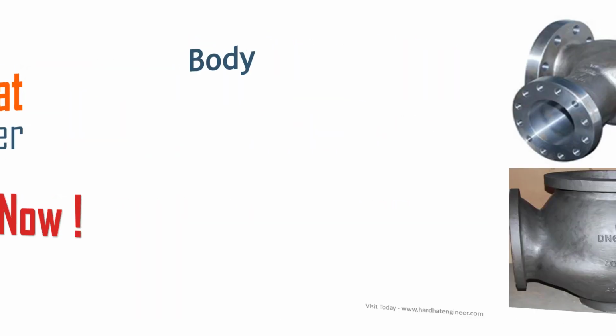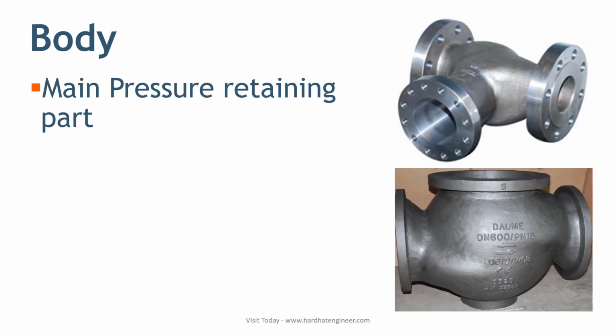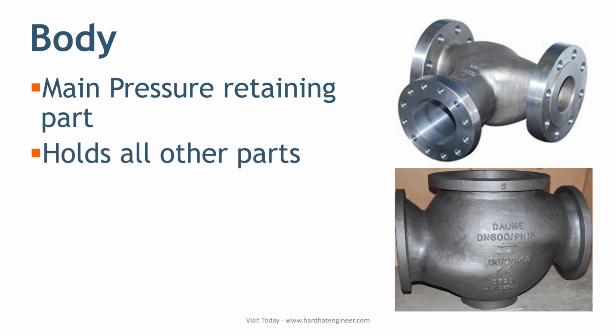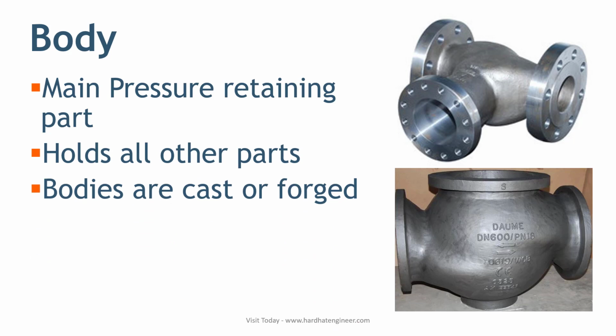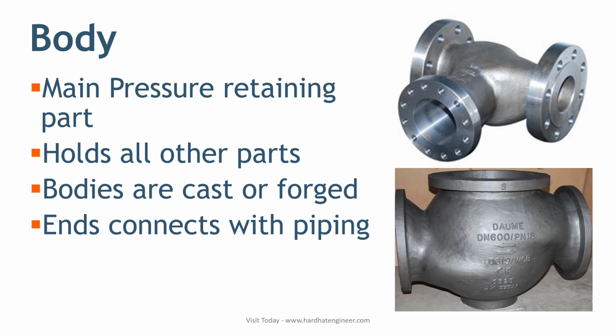Body. The valve body is the main pressure retaining part that also houses other valve parts such as disc and seat. Here you can see that the body also provides a passage for the fluid to flow through the valve. Ends of the valve body connect with piping. These ends can be flanged, threaded and butt welding types that depend on the size and pressure of the piping system. Valve bodies can be cast or forged in different materials such as cast steel, stainless steel and alloy steel